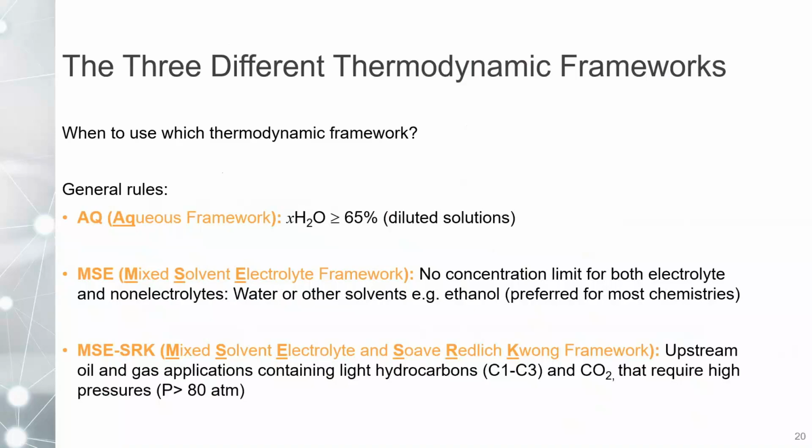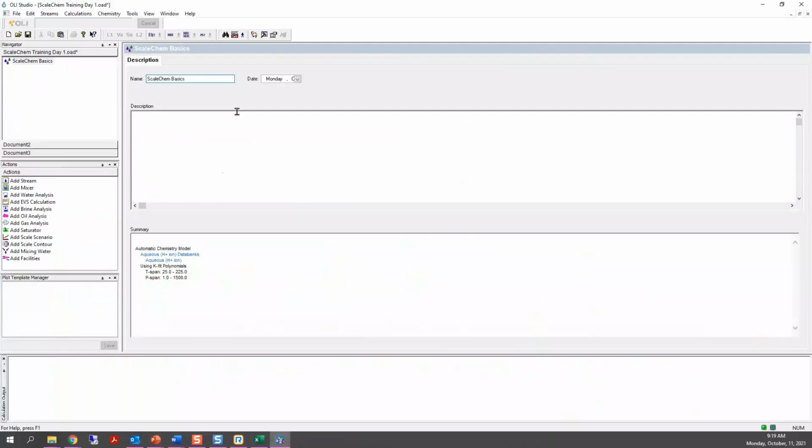Okay, so when we are working with ScaleChem, or with OLI Studio in general, you will always see that there are 3 options for thermodynamic frameworks. You have the MSE framework, the MSE SRK framework, and the AQ framework.